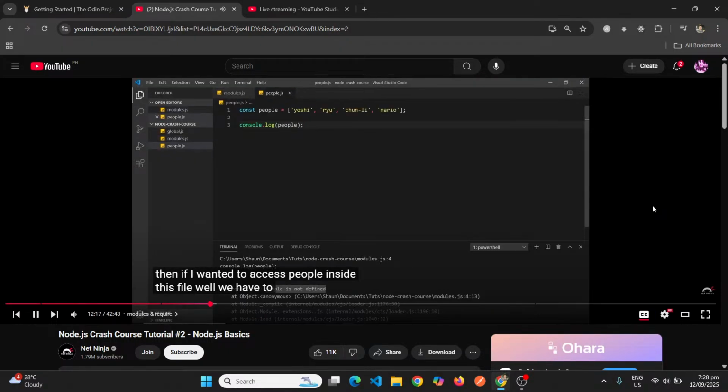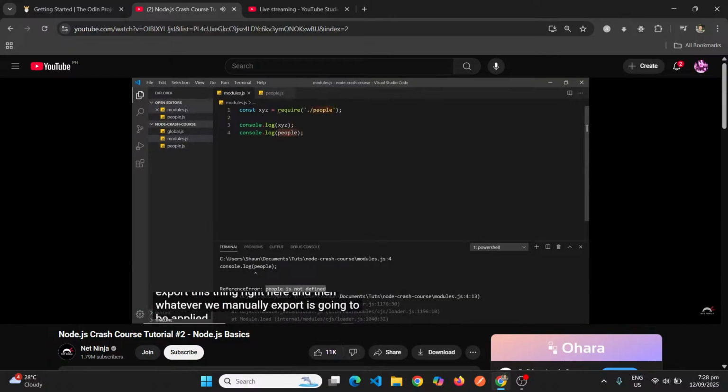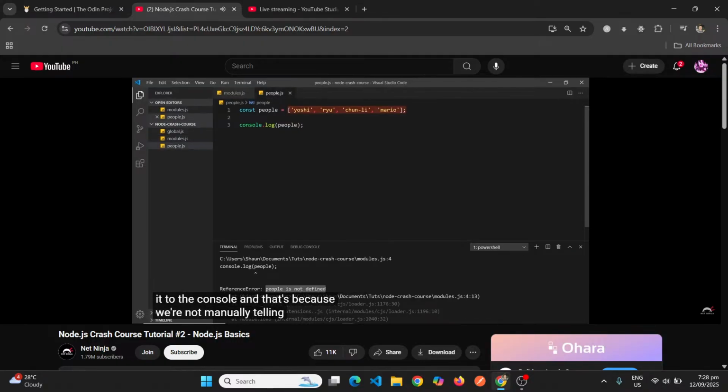Well, we have to manually export this thing right here, and whatever we manually export is going to be applied to this constant right here. Now we saw a minute ago that this is actually an empty object when we logged it to the console, and that's because we're not manually telling this file to export any kind of data or properties. So how do we do that? Well, we do that by saying